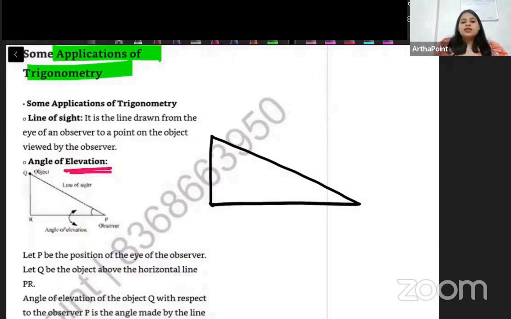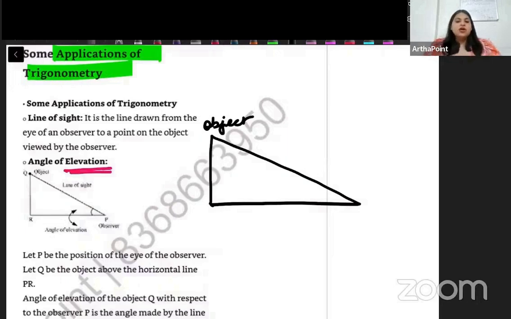This is the object. There is something known as a line of sight. The line of sight is the line drawn from the eye of the observer to the point of the object